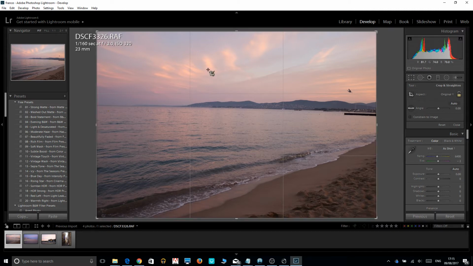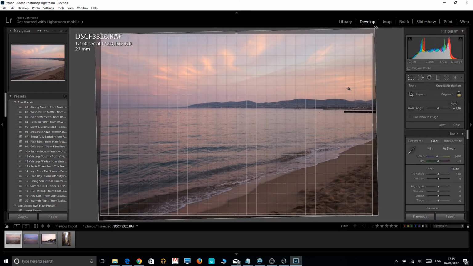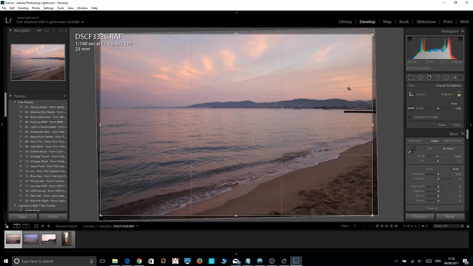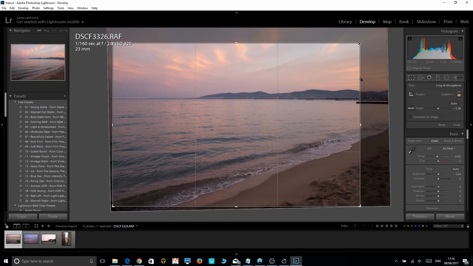It really depends on what works for that particular situation. But you can see that the horizon is not quite on that line here, and you can also see that it is not perfectly horizontal. So to correct that, I will just rotate the image slightly to make it horizontal, and I'm just going to size it down a bit so that we get that